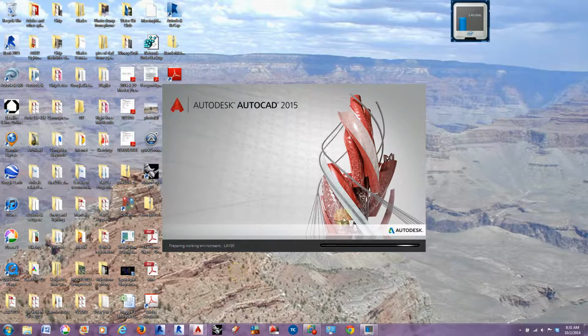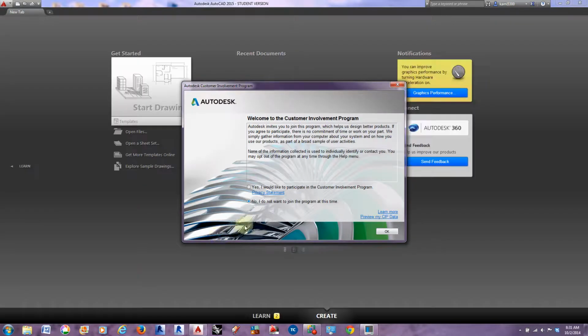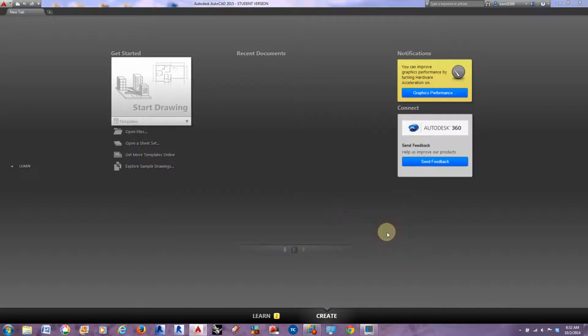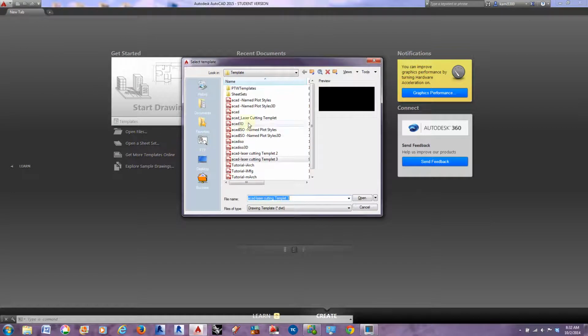So we're not going to initially open up our template file. We're going to work in just a new program. We're just going to create a new AutoCAD file, and we're going to utilize the ACAD file first,